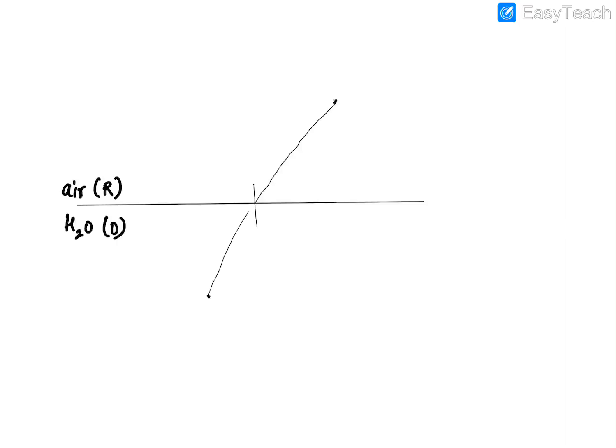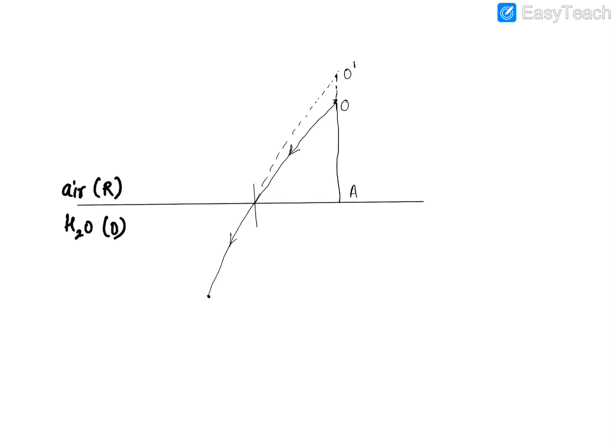So this is how the light rays came. But when the fish looks outwards from here, what will happen? What will the fish feel? That the light rays must have come from a point which is vertically above it. So this is your actual depth, right? But what will be your apparent depth? It will appear to be bigger. So if I mark this as your point O, this will be your O dash, and